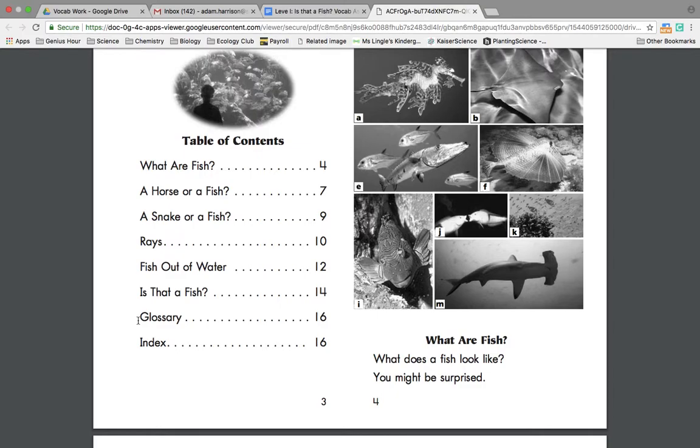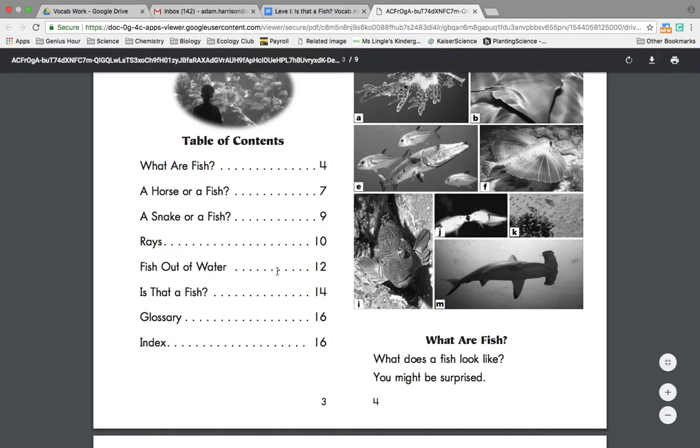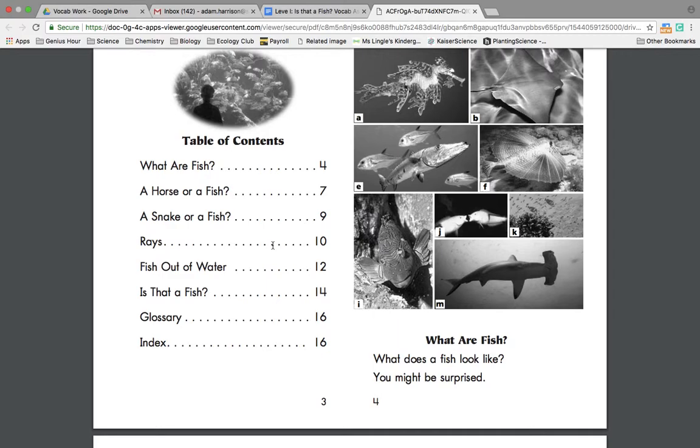And again, a glossary is a mini dictionary that we can read to get information. And then there's also an index that gives you different topics and pages where you can find that information. The glossary and the index are always in the back of the book. The table of contents is in the front of the book, and it tells you what pages you can find